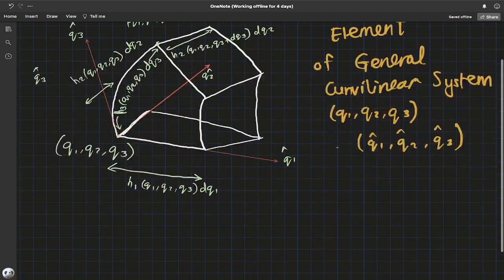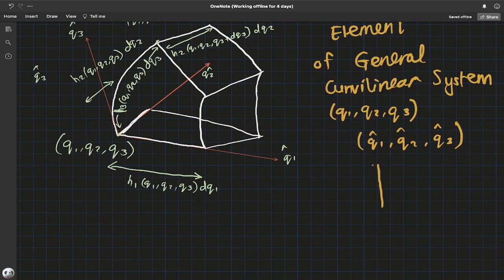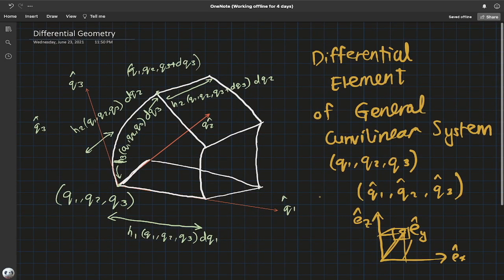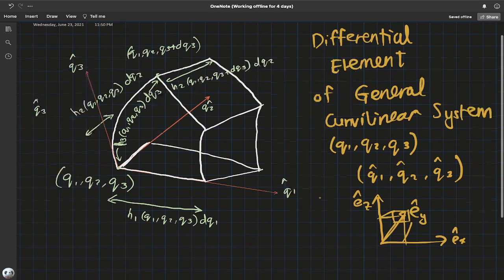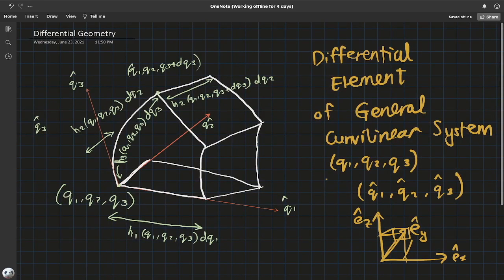So in the Cartesian system, if you had, say, Ez hat, Ex hat, Ey hat, your differential element would just be that cube. But in this case, there is no obligation for this figure to actually be a cube,